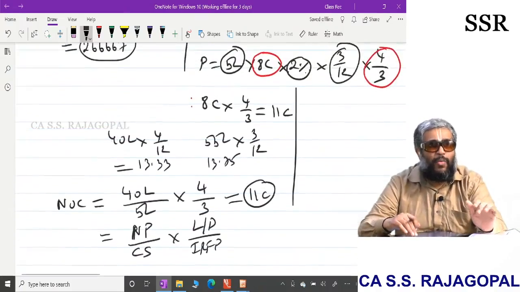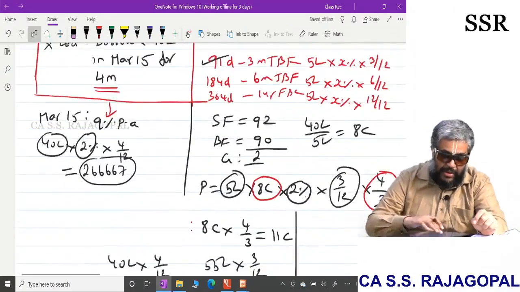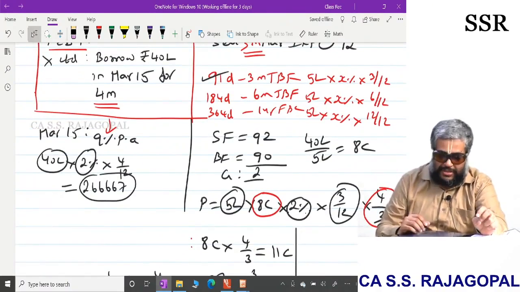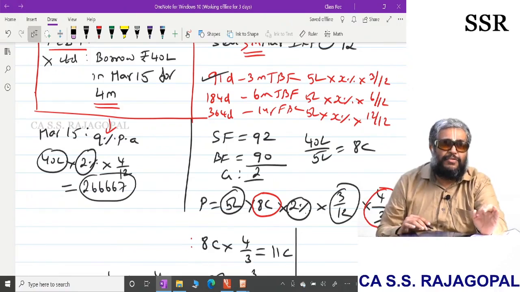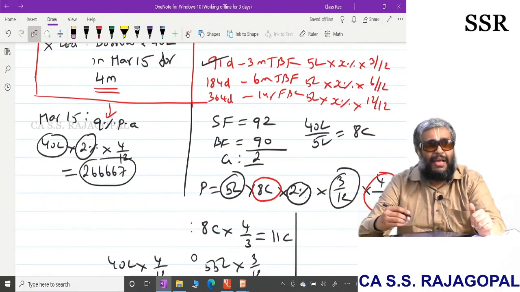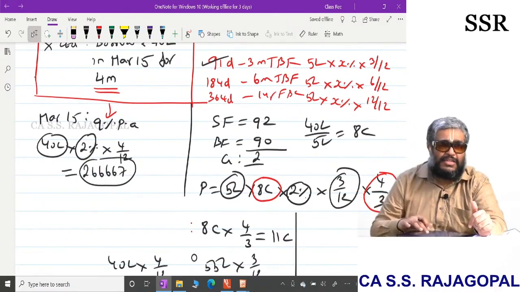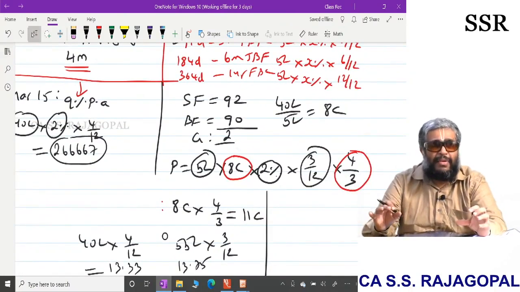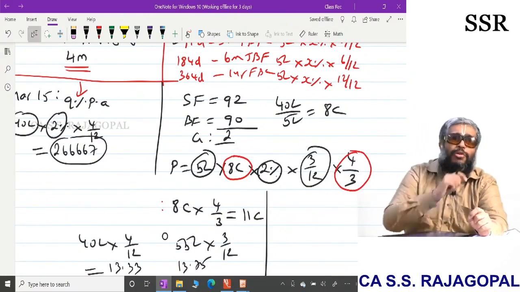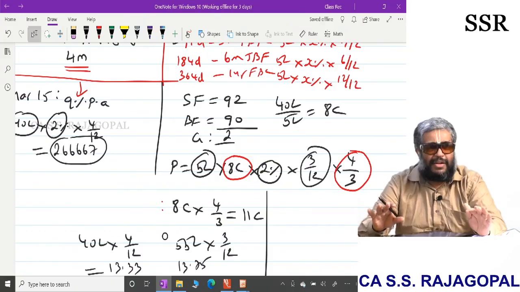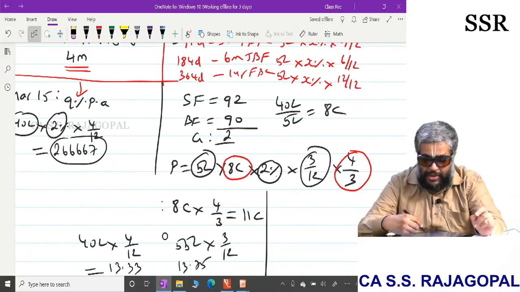Everybody understanding? What I am trying to say is, I have a 4 months loan, but I have only 3 months interest rate futures. Any rise in interest in the loan case, I will be having an extra interest for 4 months calculation. But the gain which I make because of interest rate increase in the futures segment will be only for 3 months. How to tackle a 4 months interest change with a 3 months interest gain? Very simple here. Increase or decrease the number of contracts to meet the maturity mismatch.